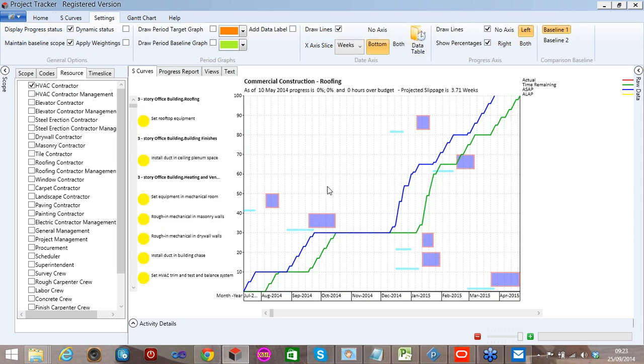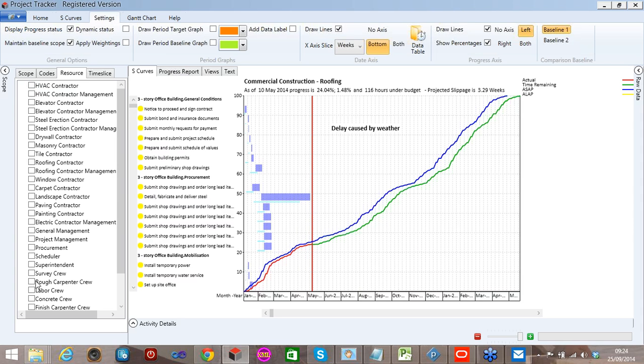And obviously if it was concrete or meters of ductwork, for example, we would have a resource graph on meters of ductwork. So again, this would either be in the unit of measure or in terms of man hours. That's very useful for creating